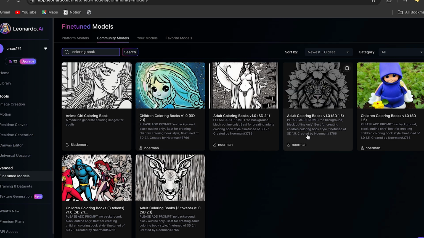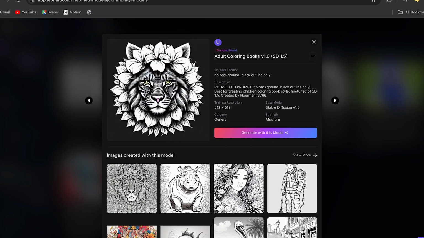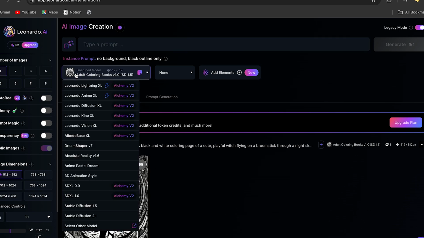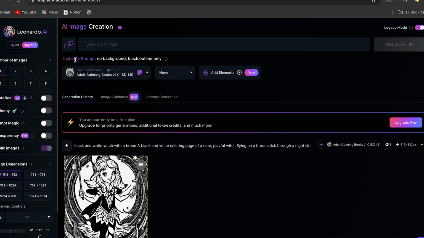So I can go and choose this one over here, which looks very nice, and I can click on generate with this model. Once over here, we can see that we have the text box for our prompt. And over here, we can see that we have the style that I chose before. So now to generate my prompt over here, because it's Leonardo AI, the prompt has to be more detailed to